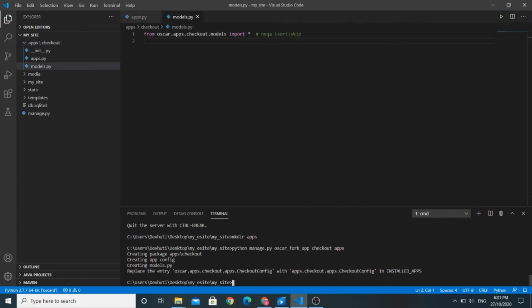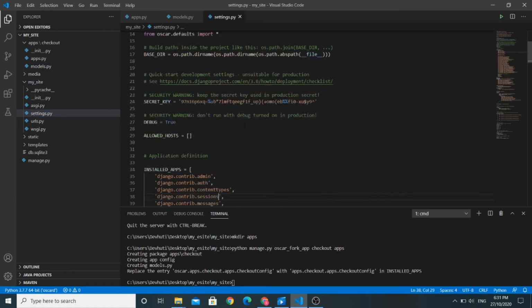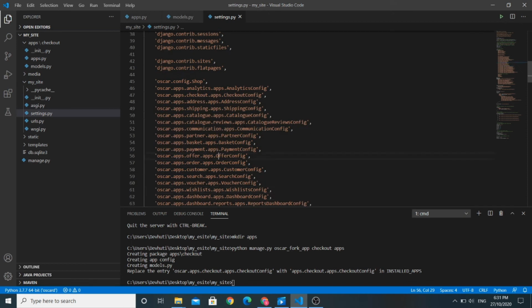Here you can see that there is a line saying replace the entry oscar.apps.checkout.config with apps.checkout.config in INSTALLED_APPS. It means we need to change some lines of code in our settings.py.